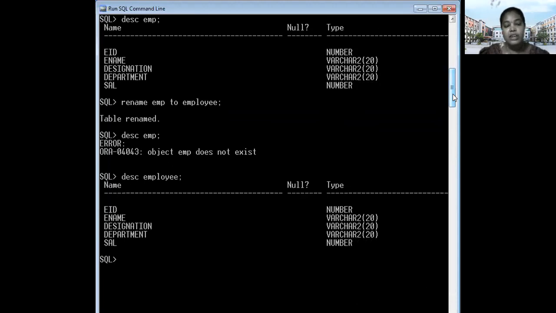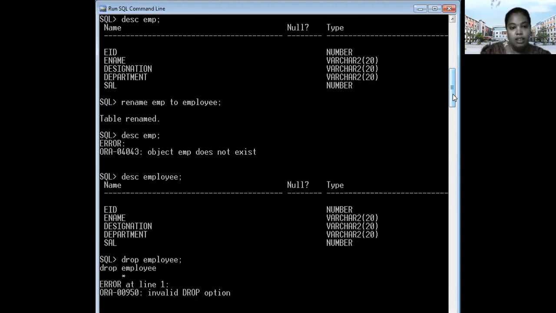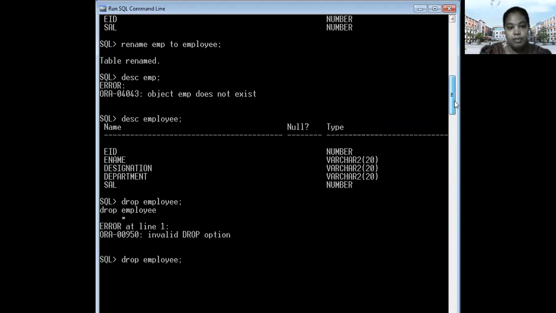Now, what is the last command? The drop command. What is meant by drop? Drop means the entire structure will be removed. Drop table, table name, which is employee here.